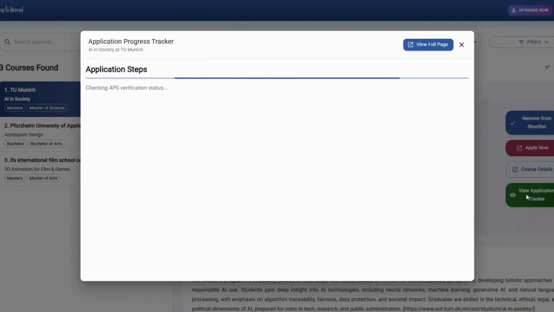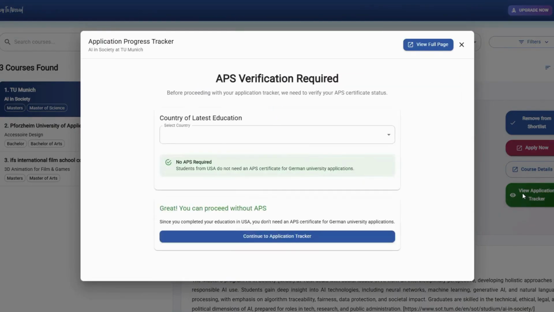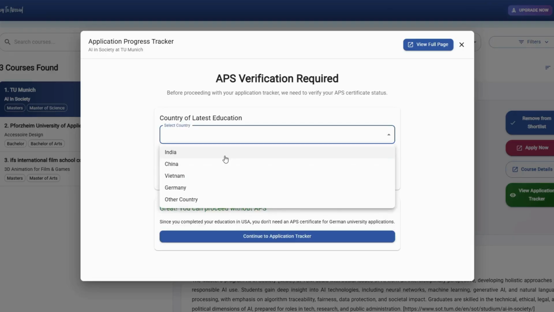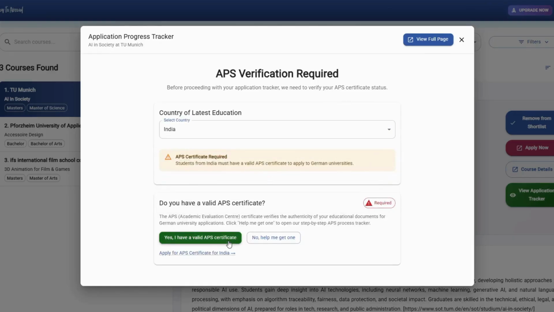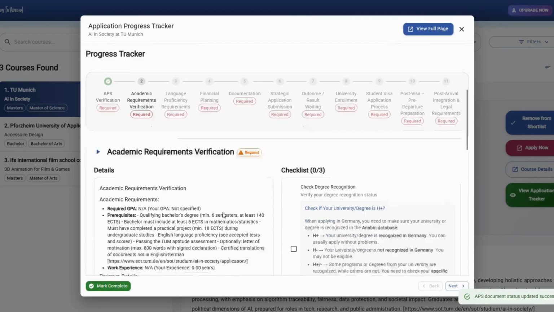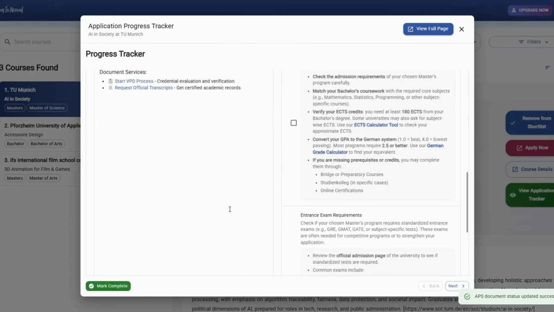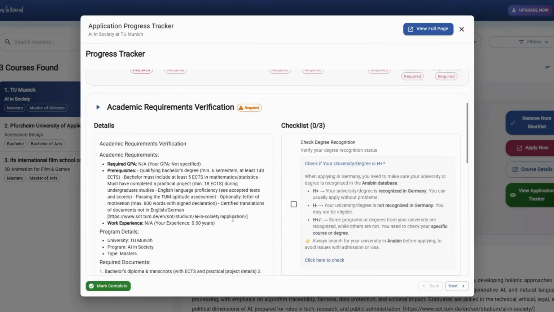You can now start your application tracking, which starts with the standard APS verification based on which country you are present in. And you can see the further steps, and based on these steps, you can mark